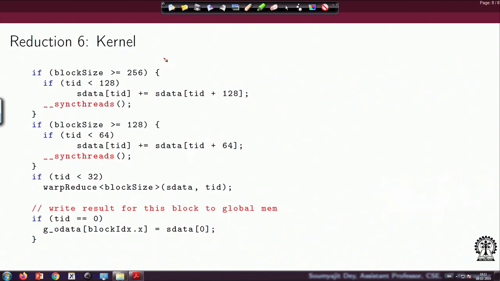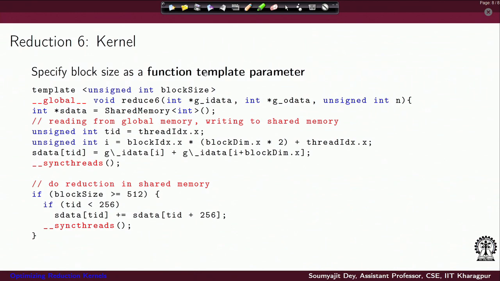So, that is how it is going to continue. Essentially, we have just unrolled the loop and written a sequence of if else statements where the statement block will get activated depending on the block size. The block size is being provided as a template parameter here, so that you have different versions of the code, and based on the block size the code will execute whichever is applicable.